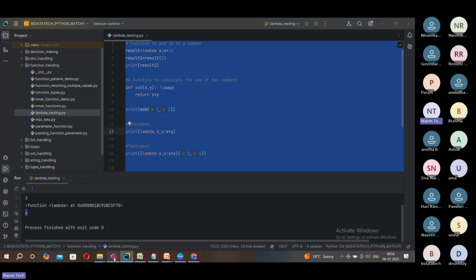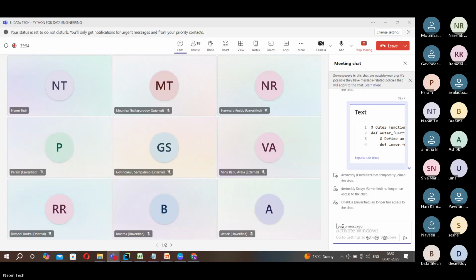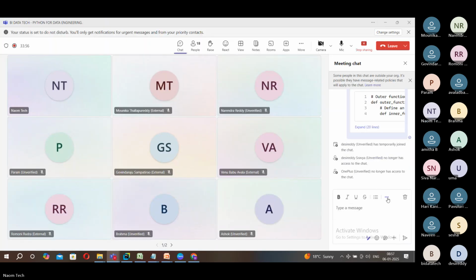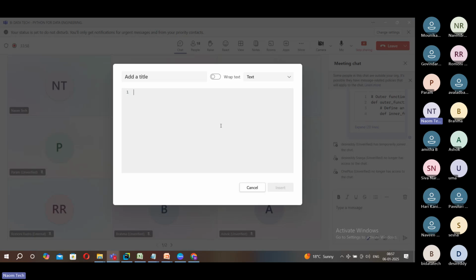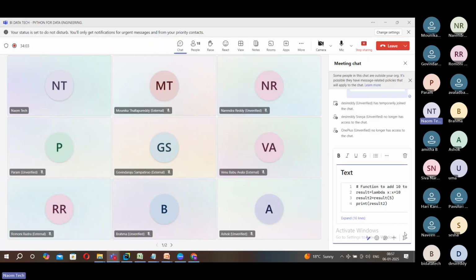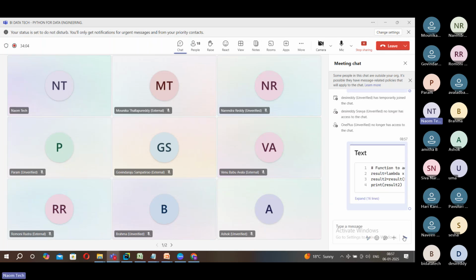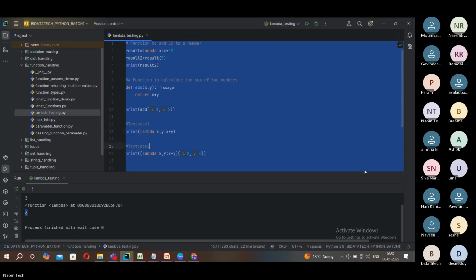So copy this. Let me share this code base with you. Right click. These are all very useful scenarios, especially for data engineering, when you work with PySpark, you need this a lot of times. Okay, next after that is